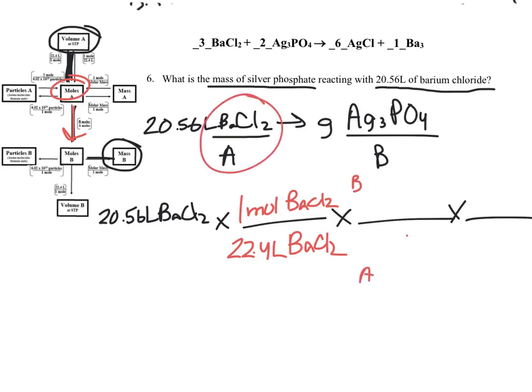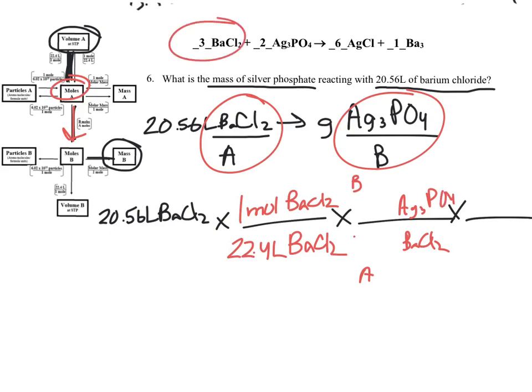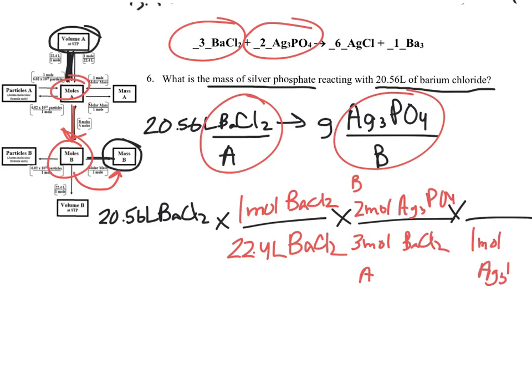My A substance is still barium chloride, and my B substance is silver phosphate. If I look up at the top, barium chloride has a 3 in the balanced equation. That means there's 3 moles of barium chloride for every 2 moles of silver phosphate. And again, we use the balanced equation to do that. Now that I'm in moles of B, I'm going to go to mass of B, which means I'm going to have to put 1 mole of silver phosphate on the bottom, and I'm going to put grams, the molar mass of silver phosphate up top, which if you add up 3 silvers, 1 phosphorus, and 4 oxygens, you end up with about